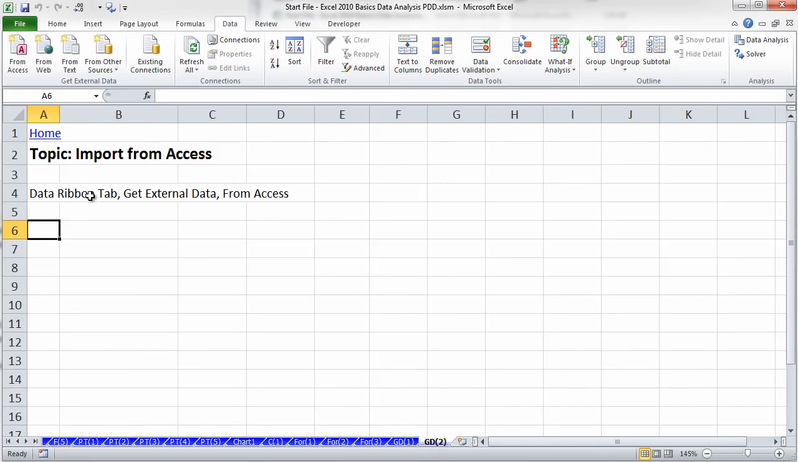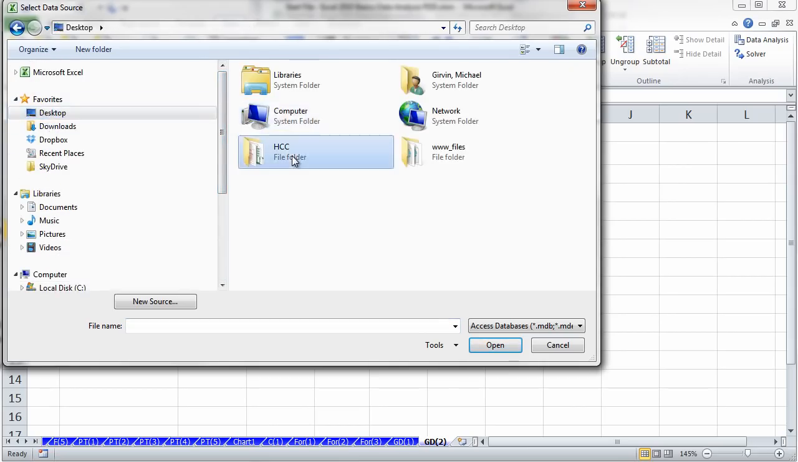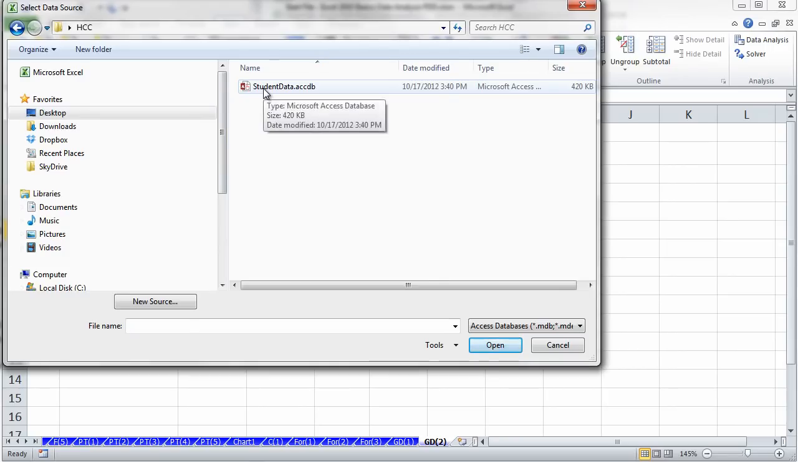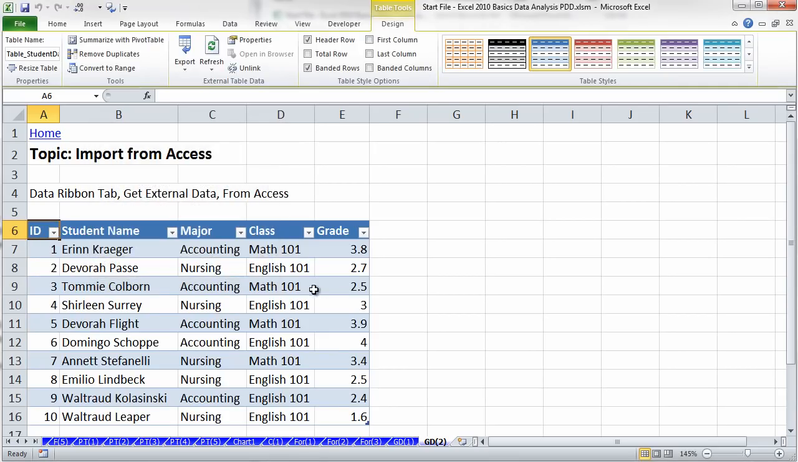Final example, what if we had some data in Access? We're going to use our data, Get External Data. I'm going to click From Access. I'm going to have to find my Access database. It's going to say, where do I want to put it? I'm going to say right there. Now, actually, that was not a good example of Access because